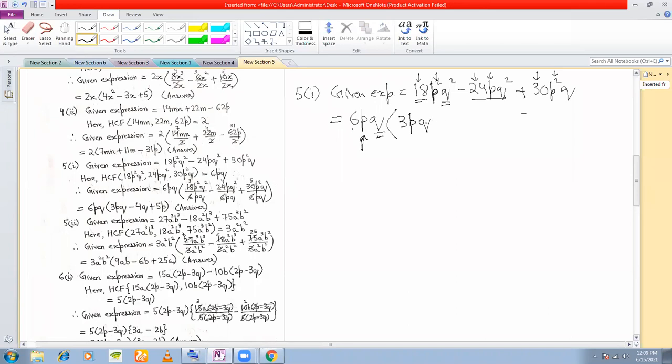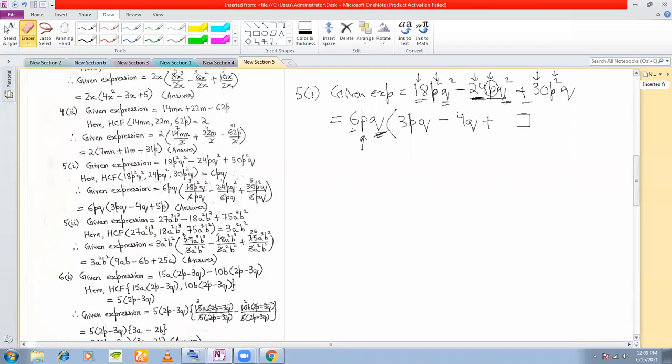Any questions here in this step? No, sir. I have a minus sign here, so I put a minus sign here as it is. Next, I have a 24 here. From 24, I'm taking out this 6. That means I need to divide 24 by 6. 24 divided by 6 is 4. Next, I have a p here, right? P I am dividing by p, so I get simply a 1, which I don't write. Okay. Next, q square is here. Q square, I have taken out a q from q square. So q square divided by q is q. So I'm only left with 4q. This plus sign is here, so I write this plus sign here.